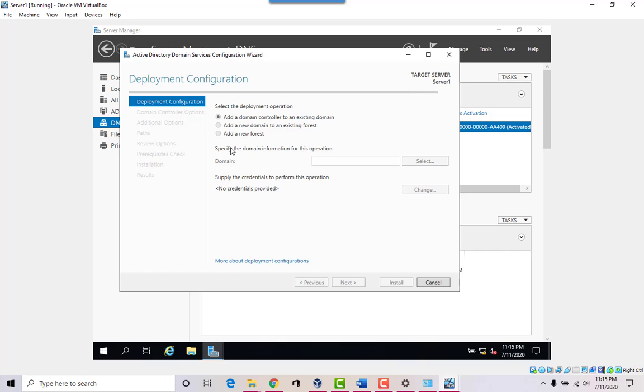Okay, it's still running. So I'll just call it domain walter.com. Actually, this is the first server, so I'll just call it server1.walter.com.